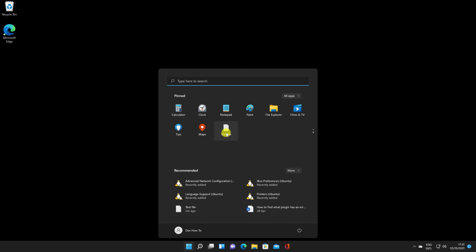Also, please remember that you can drag and drop your pinned apps to have first the most frequently used. These are a few tips and tricks to use the new taskbar on Windows 11.